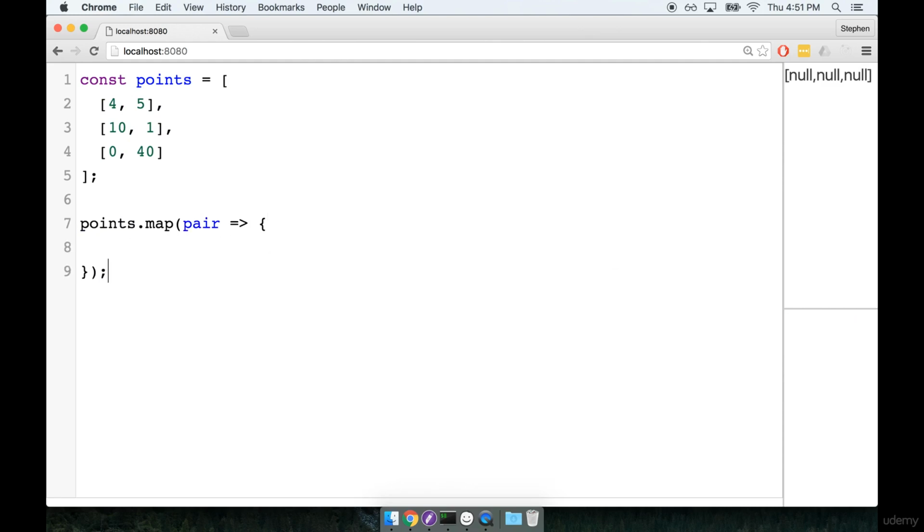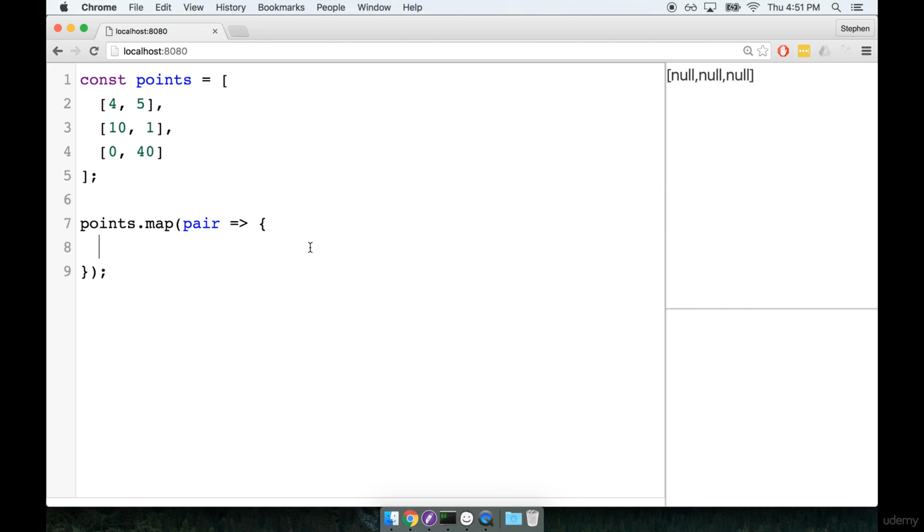And so notice that I'm kind of breaking off from that convention of going with plural and singular, but that's just because points I would refer to as this list of points right here, but each individual point object actually contains 2 points within itself. So I'm going to deviate from that approach just a little bit here, just to keep everything a little bit more clear. So out of every pair, I have an X value and a Y value, and I need to